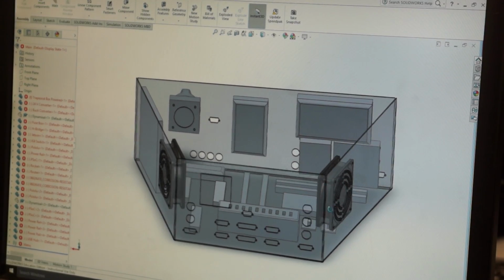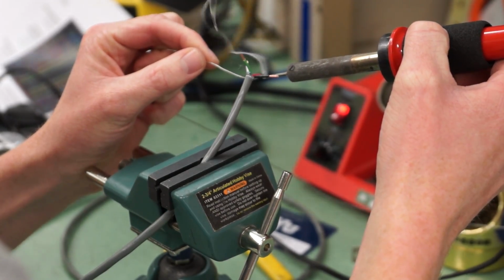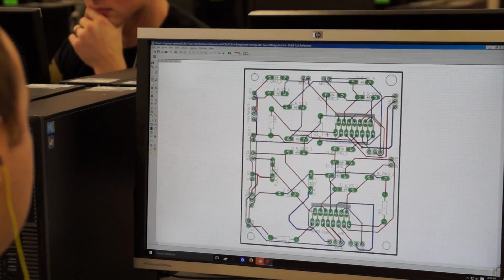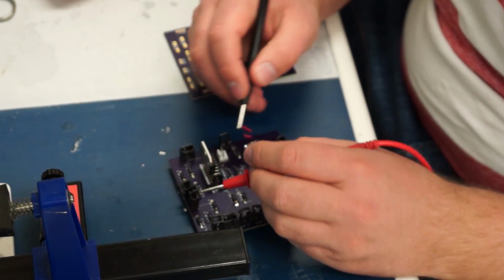This year, the electronics team is dedicated to providing and building a robust and modular system that's much more reliable than previous years. To meet this goal, we have been converting much of the wiring into PCBs. This change is allowing us to have a much cleaner layout and fewer connections, which will result in better performance